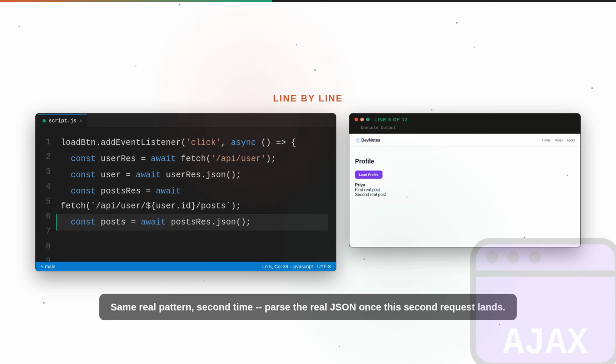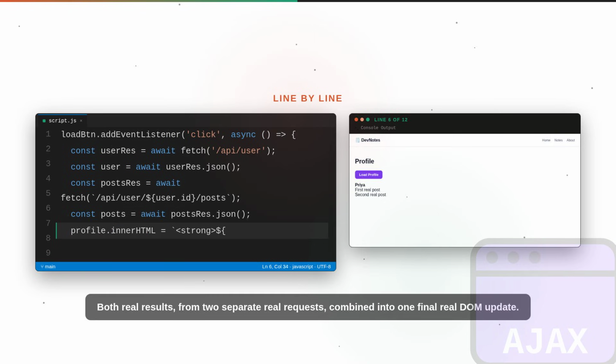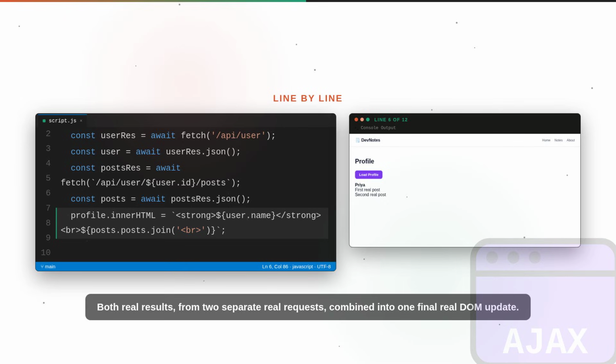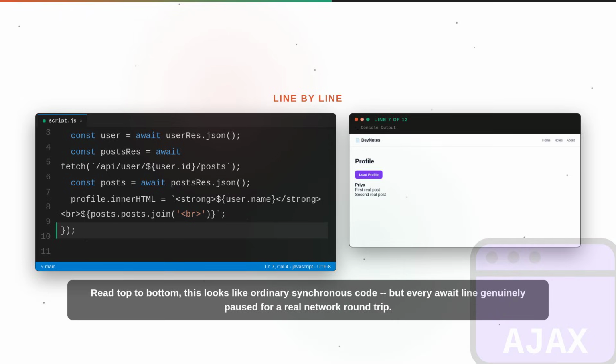Same pattern, second time, parse the JSON once this second request lands. Both results, from two separate requests, are combined into one final DOM update. Read top to bottom, this looks like ordinary synchronous code, but every await line genuinely paused for a network